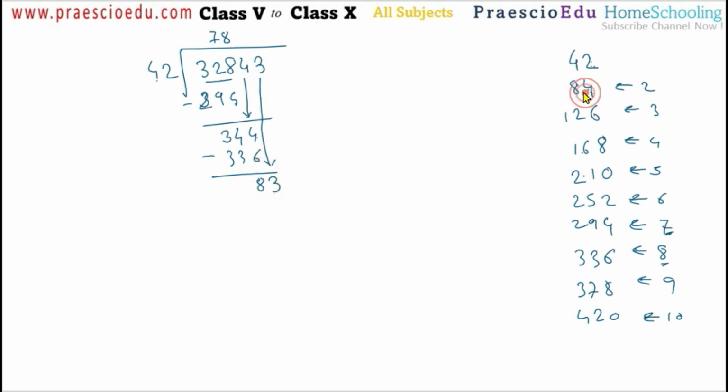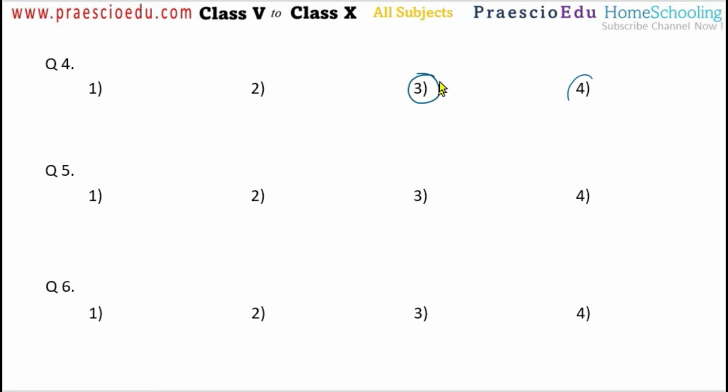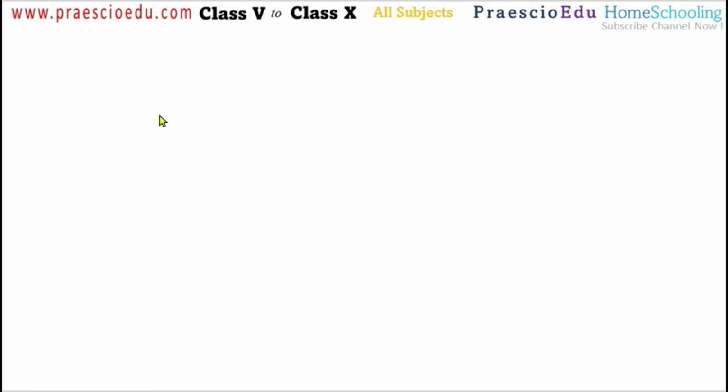Now for 83 means, oh, we have to divide by the 1, so only because of the 1 this cannot be complete division, okay. So here the 42, okay, means how much the balance? 41. So 41 is the remainder, and this is given in option number 3, which is the correct one. Now question number 5, when a number is divided by 32, the quotient is 791 and remainder is 15.